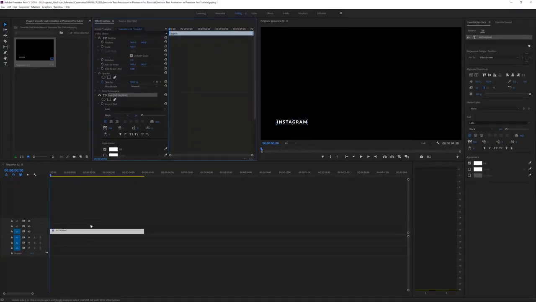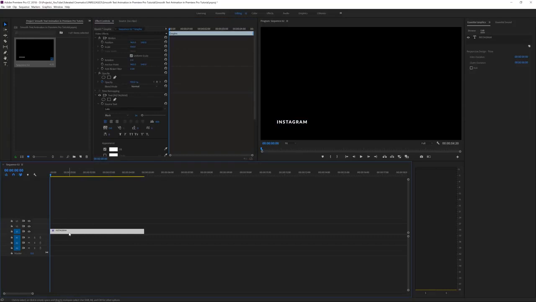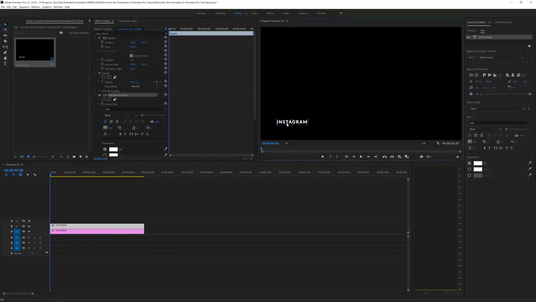Okay, so we have our first text. What I want to do is click on this layer in my timeline, hold Alt and drag one on top of it. Now we have two different layers, and on that second layer I want to change my text layer. First I will go to my selection tool, click on that text and hold Shift and drag it down like this. Then I want to go to the text tool again and select that text, double click to change it,